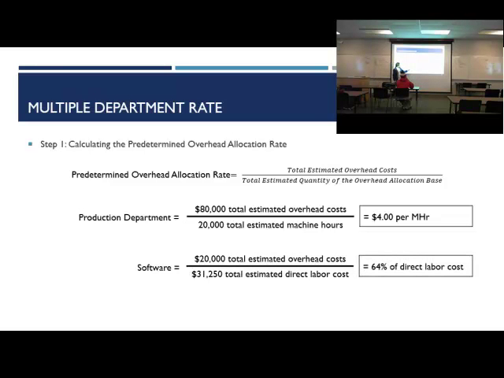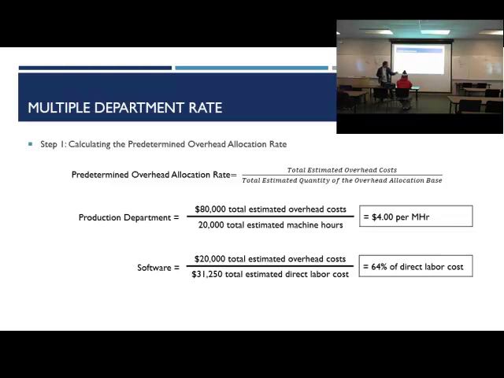So there's $20,000 that was allocated to software. We get 20,000 divided by 31,250. That's a number that I should have given to you on this example. Gets us 64%. So when we talk about the production department, we're going to allocate overhead based on $4 per machine hour. So it doesn't matter which tablet we make. If we make the premium tablet, and we use 2 machine hours, we're going to allocate $8 in overhead to that premium